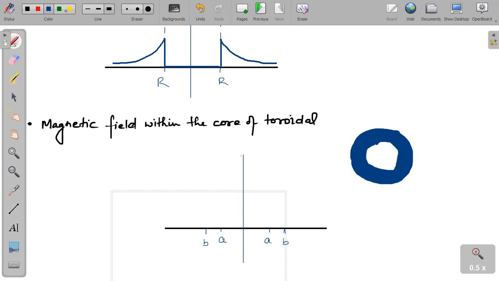Is that okay? यहाँ पर center से this radius happens to be A and this radius happens to be B. The graph is going to look like